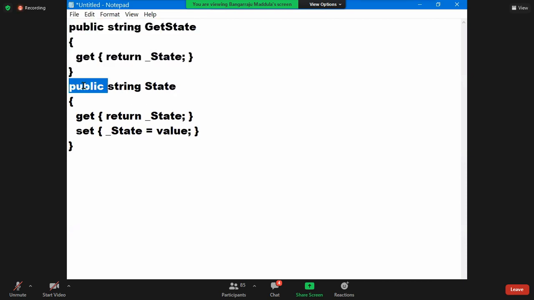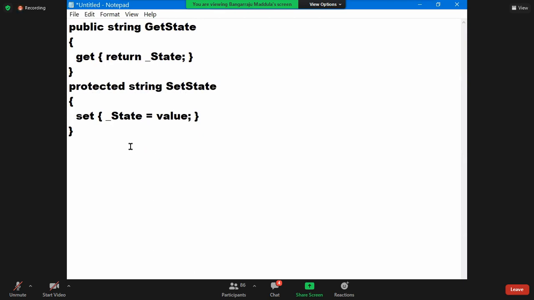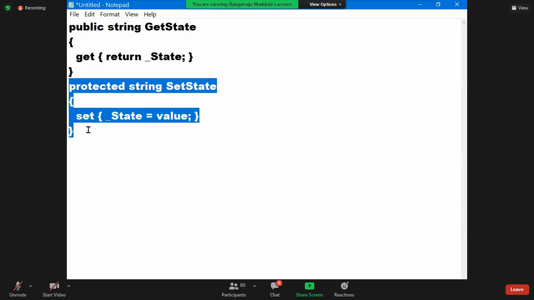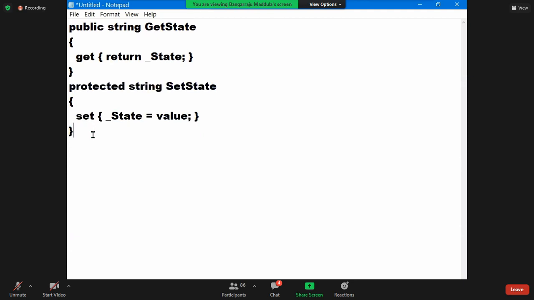But coming here, protected string set state. Now this is a write-only property, because we have only a setter. Who can set the value? Only child classes, because you declared it as protected now.